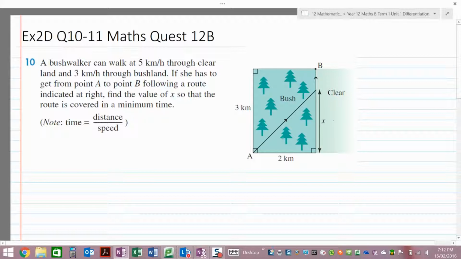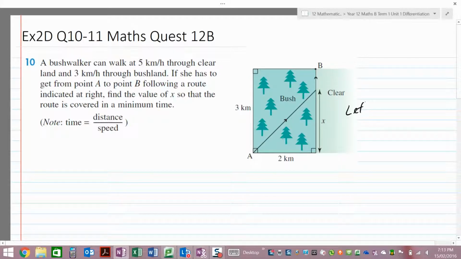So, if you can't picture what's happening, she's standing over here, wants to get over here. She needs to go through the bush at some stage and through the clearing. We're not sure what she'll do. She could just go directly through the bush and then all the way through the clearing. That's one option. Okay, she could go through here and up. Okay, she could take the line that's marked on the diagram, or she could just go directly to the point B. Okay, we're not sure which one's the best one, which is why in this diagram we've said